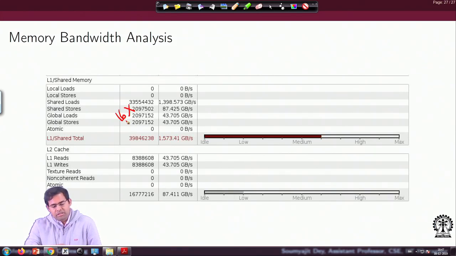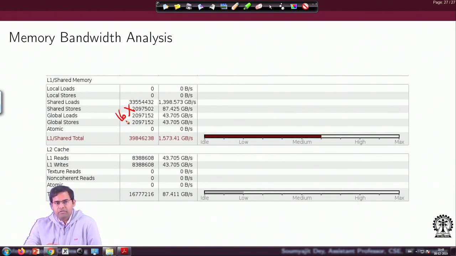Now, since in this case our data is each of size 4 bytes, although the conflict is 32-way, the number of loads are increasing here by a factor of 16, because the data size is half with respect to whatever I can load from the bank using its bandwidth. Since in this case for our machine it is 64 bits per cycle, that means 8 bytes in parallel.